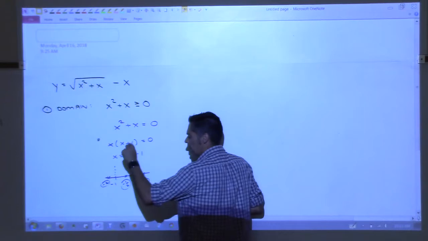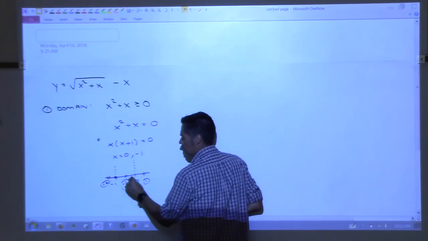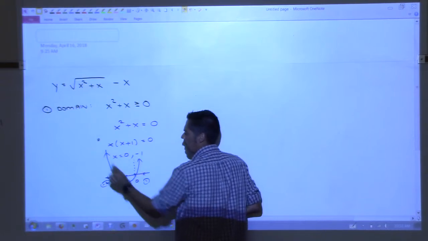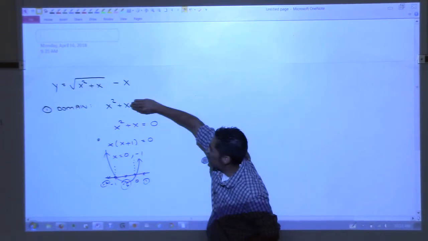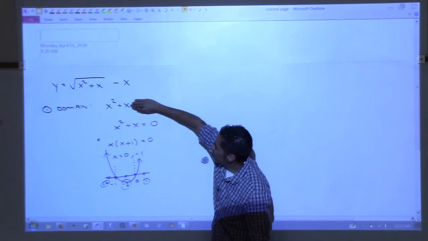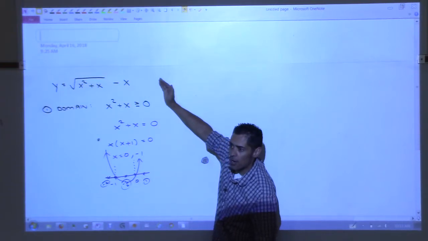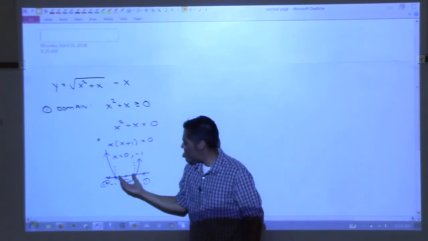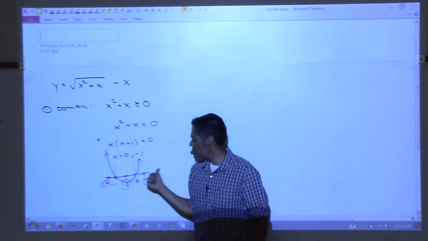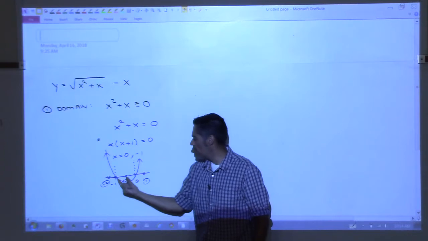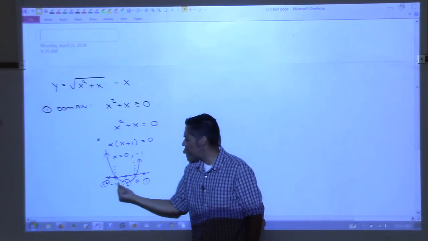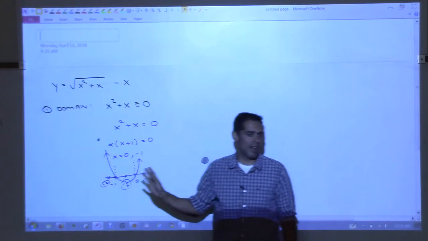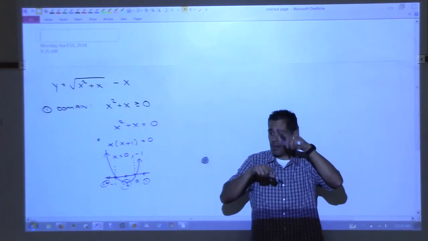So imagine if I graphed this parabola. These would be the x-intercepts. And the parabola would go like this, wouldn't it? That's what the graph of this little piece right there would look like. So we're asking, when is it bigger than 0, which means where is it above the x-axis? So isn't this graph above the x-axis over here and over here? Yes? And below the x-axis here. So it's going to spit out negative numbers if you're between -1 and 0. So without doing test points, I could actually figure this out by just knowing the x-intercepts and knowing if it